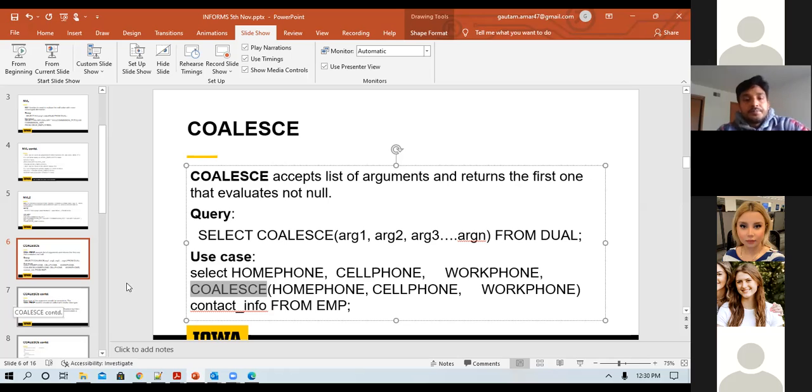Hey, Amar, I actually do have a question. This is Leah. So with that, say it varied based on who it was. Maybe somebody preferred you call their home phone versus their cell phone. If it varied from person to person, how would you mitigate that?